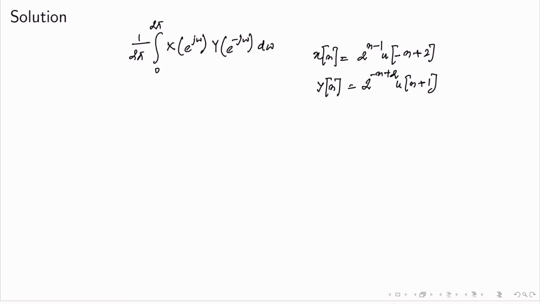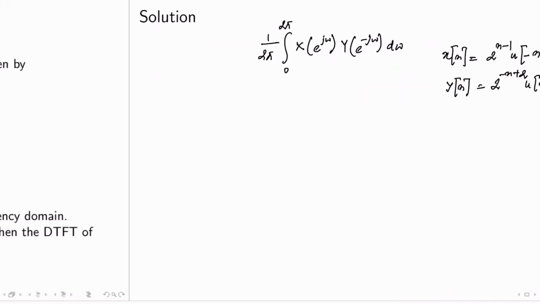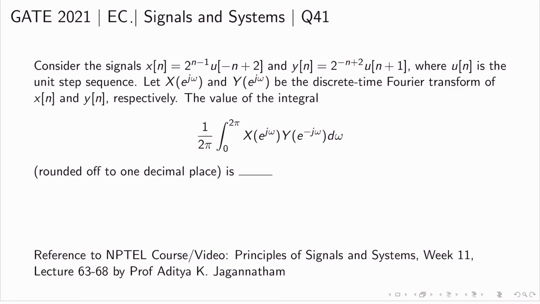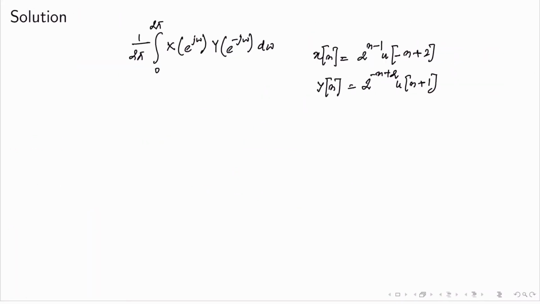we need to compute capital X of e to the power j omega and Y of e to the power minus j omega, where X of e to the power j omega and capital Y of e to the power minus j omega are the discrete time Fourier transforms of these signals, right? The discrete time Fourier transform of x of n and y of n. So if we denote X of e to the power j omega and capital Y of e to the power minus j omega by some P of e to the power j omega,